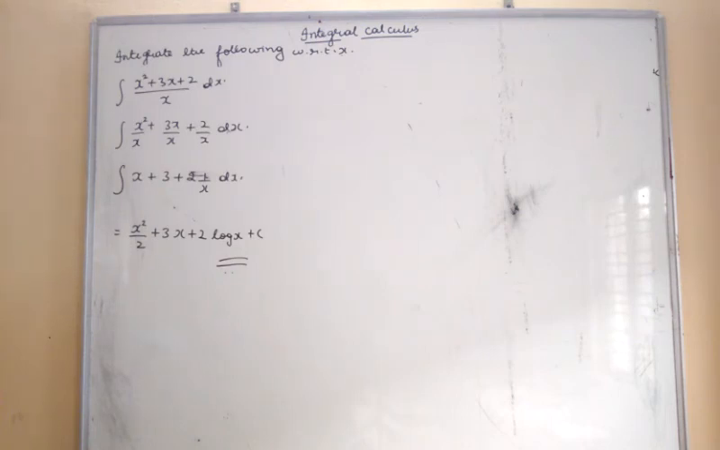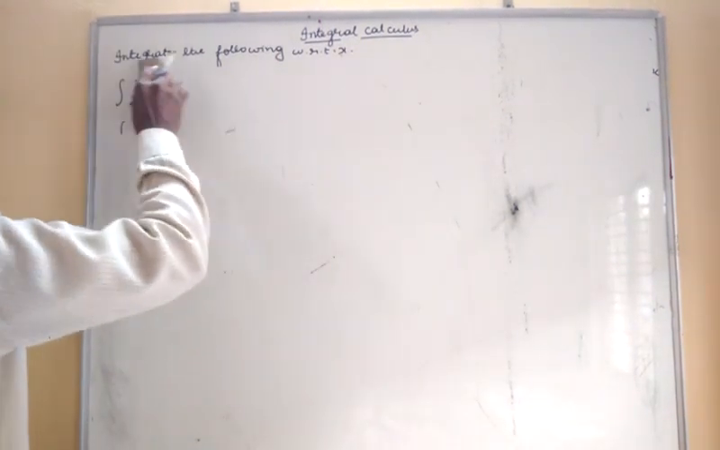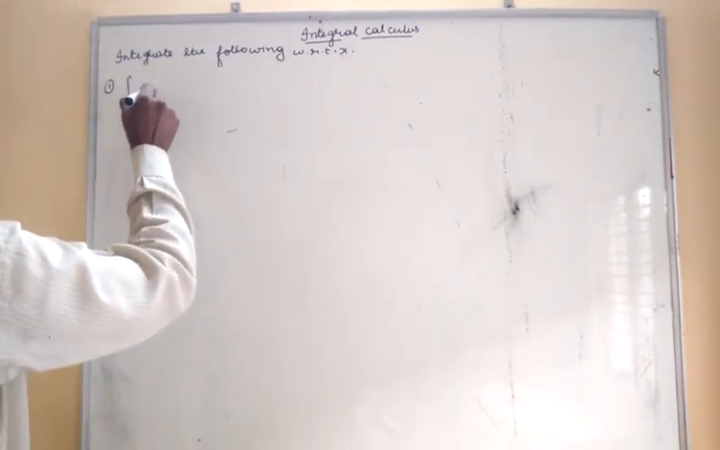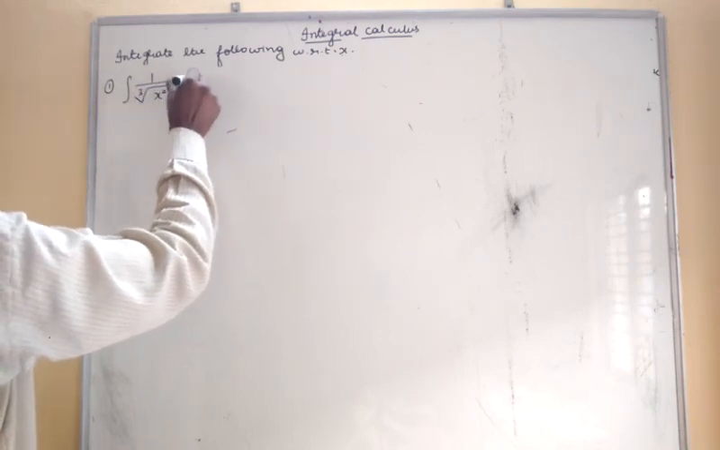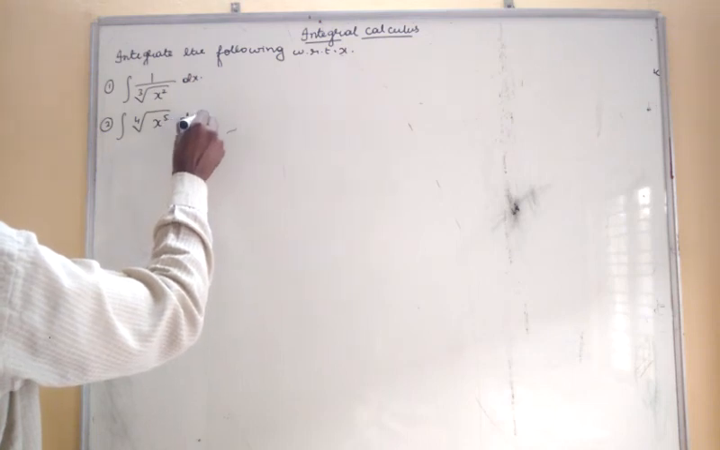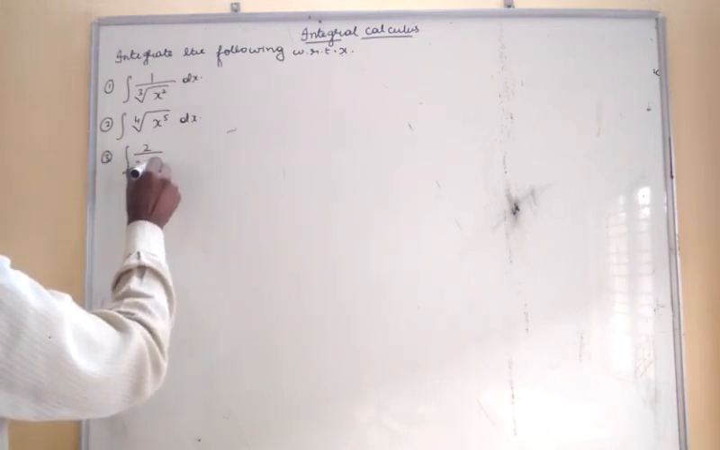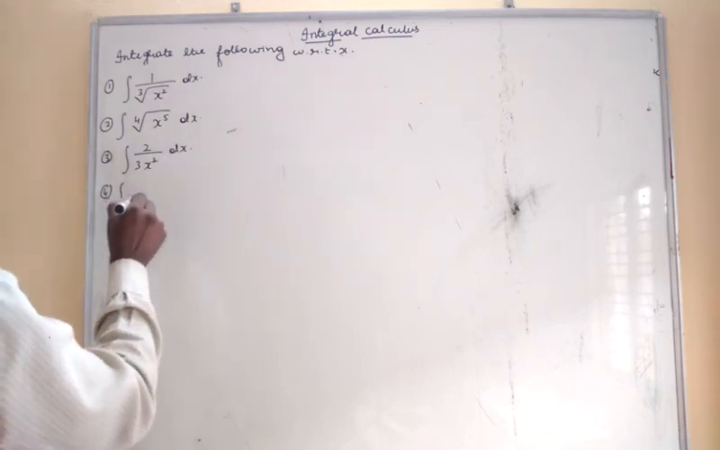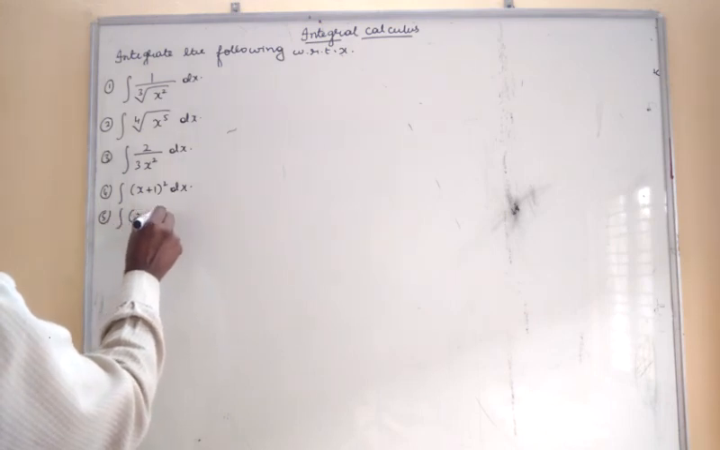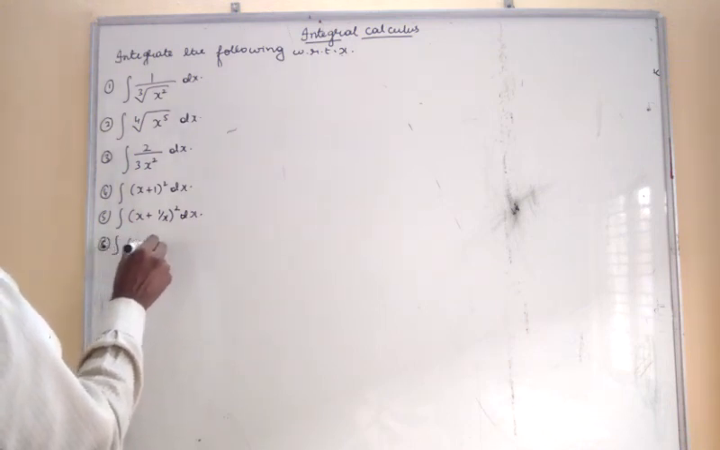Take down the assignment questions. Integration of 1 by cube root of x square dx, then integration of 4th root of x to the power of 5 dx, then integration of 2 by 3x square dx, then integration of x plus 1 whole square dx, integration of x plus 1 by x whole square dx, integration of x plus 2 whole cube dx,